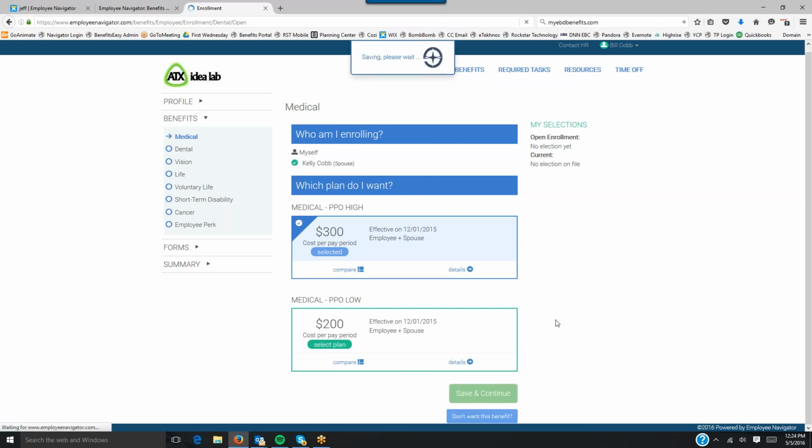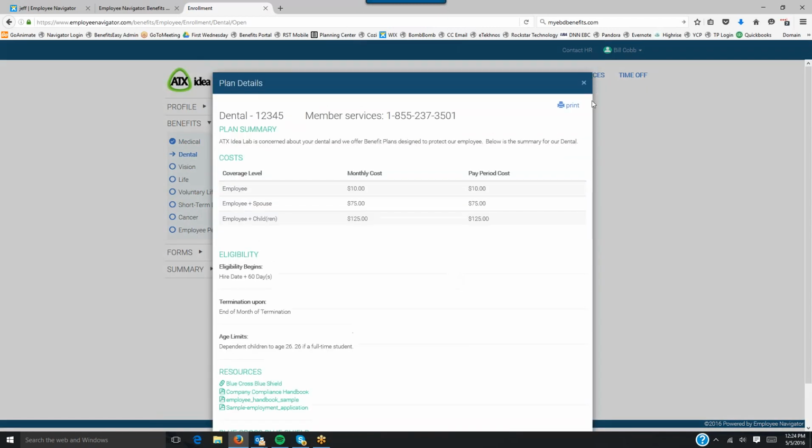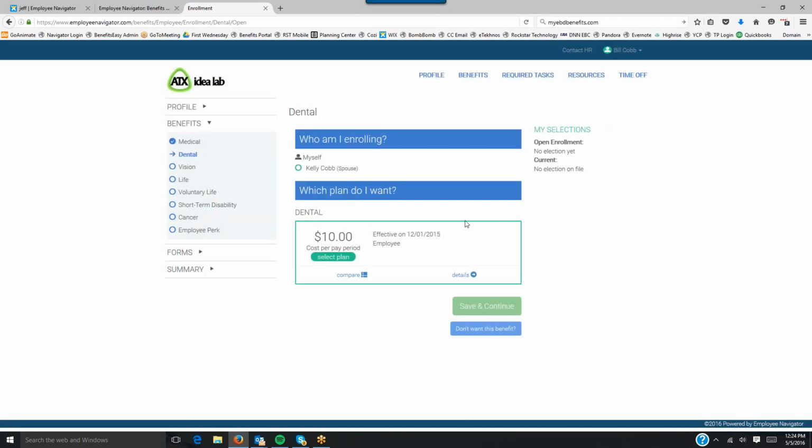So let me just go through the obvious parts. Dental, not much different. There's our single plan. I can do the details as well, and links and documents. I'm going to go ahead and choose spouse again. There's my cost per pay period. Select it. Move ahead